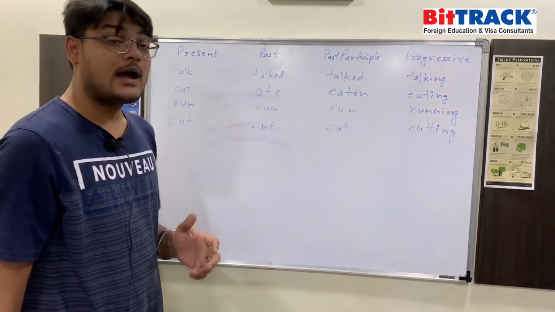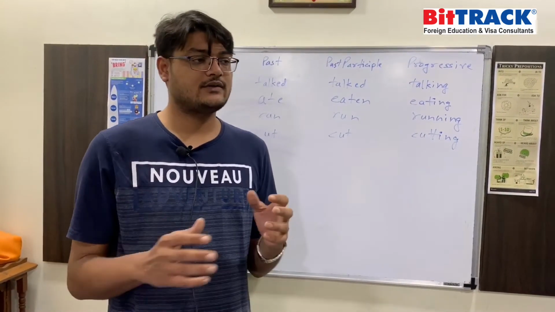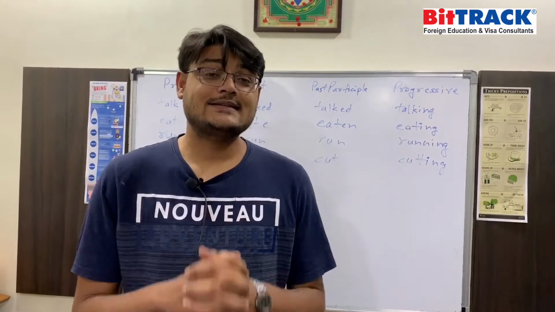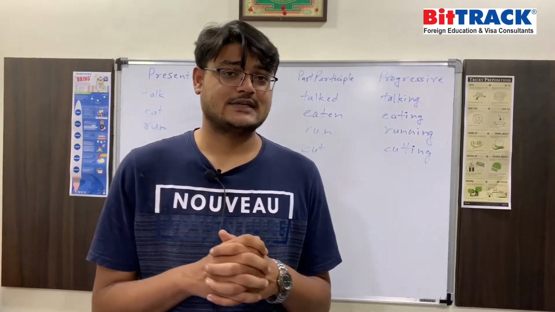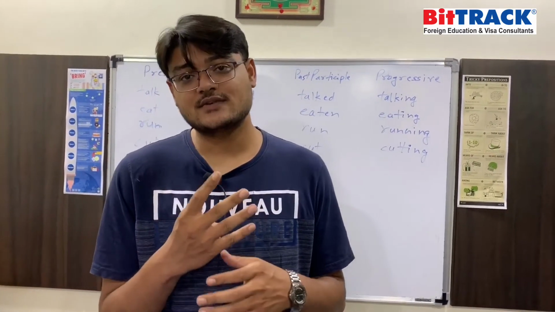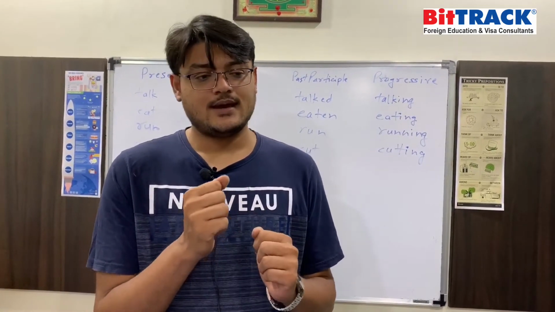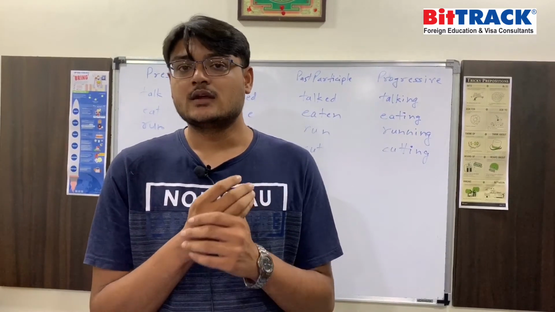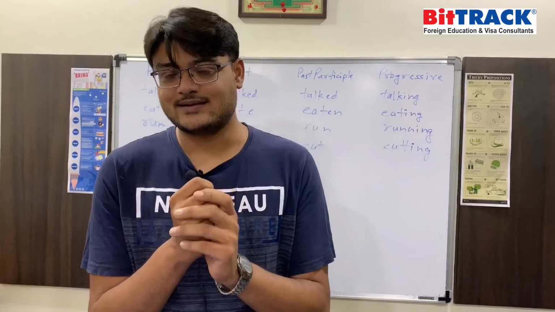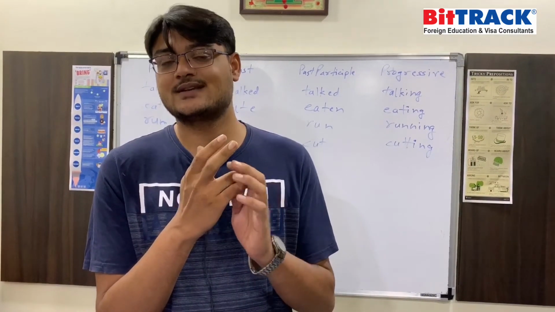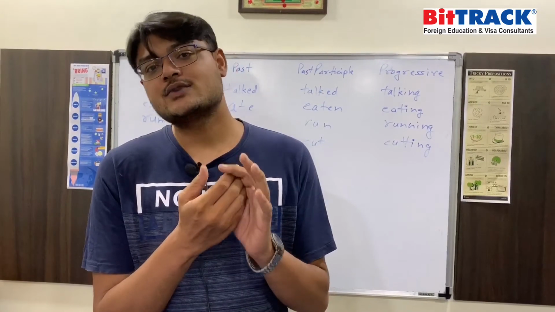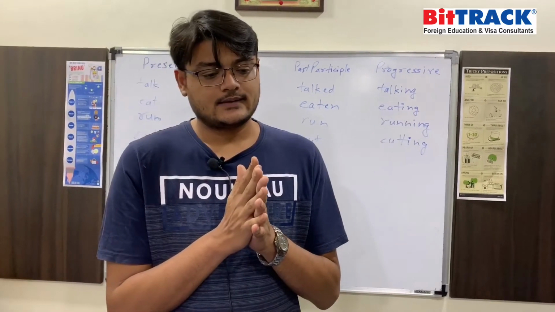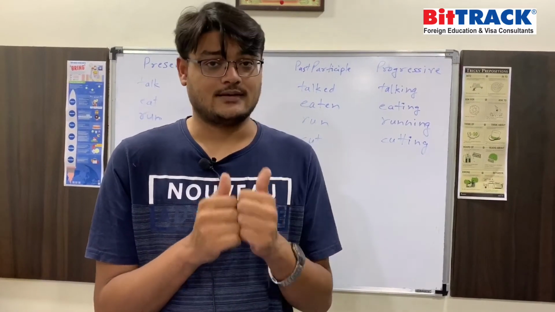Right? I hope you've been able to understand the different variations in verb forms because this is very important. Like I said in the first video when we started this grammar series, there are 4 important concepts of grammar that are fundamental to the language. And unless you are near perfect in using these 4 important concepts, you will not receive 6 or 6.5 bands. And these 4 concepts are verb forms, tenses, word forms, and conjunctions used to make complex sentences, right? And this is very important in that.